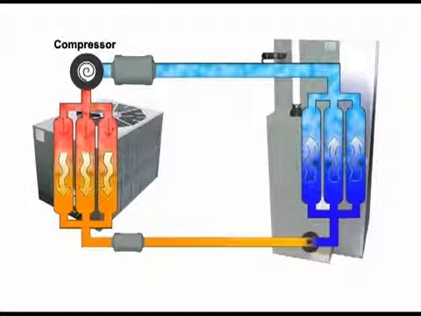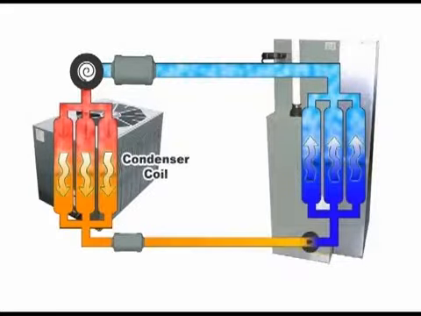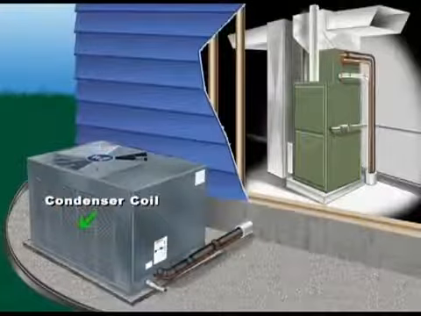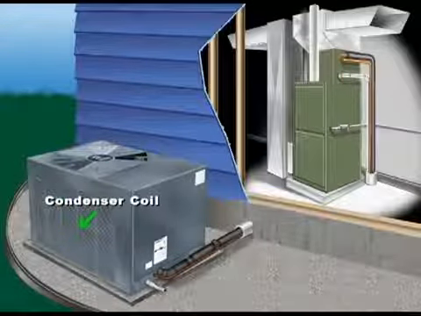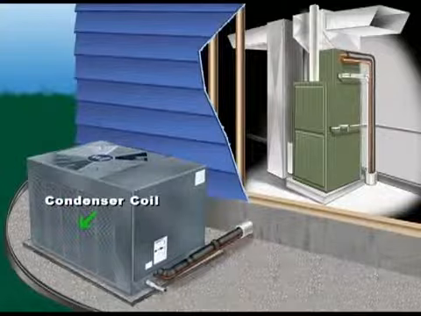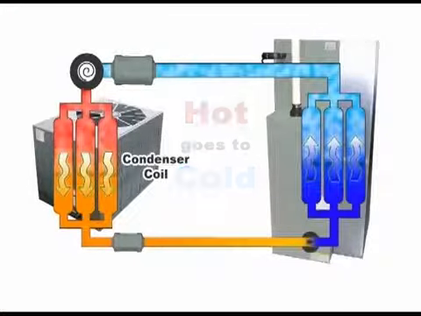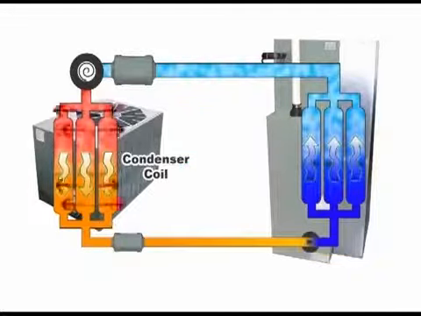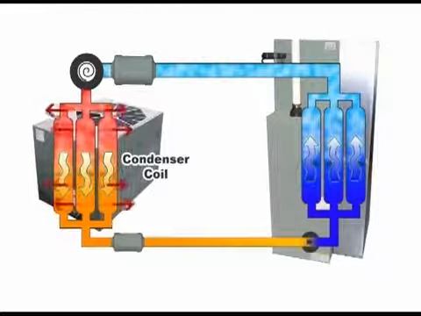From the output of the compressor, the high temperature refrigerant now enters what is called the condenser. This component is where the heat in the refrigerant, which is now at a higher temperature than the surrounding outside air, is able to be transferred. Remember, hot goes to cold. In this case, it is the heat in the refrigerant that is being released to the outside air, which is at a lower temperature. As the heat is being transferred, the refrigerant is condensing into a liquid,